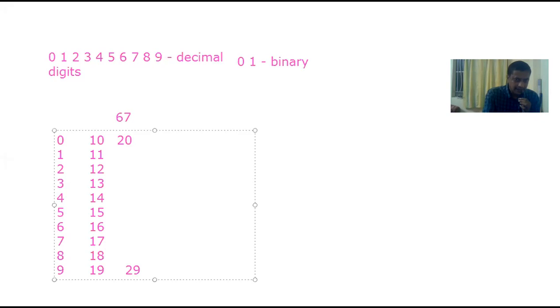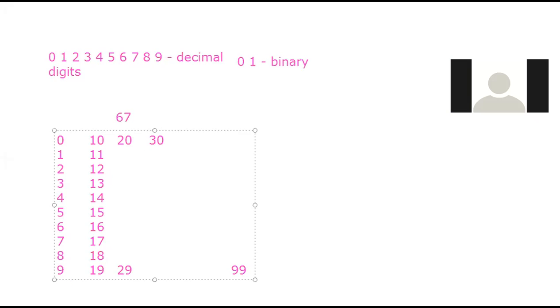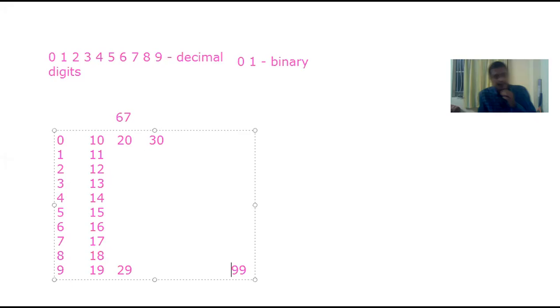And then when that finishes, the next value digit is of course number 3. So the next value digit is 3. It repeats and combines with all the digits, and in this way it will go on, and finally we'll get the last result as 99. So when we get 99, that set of 2 digits finishes over here.